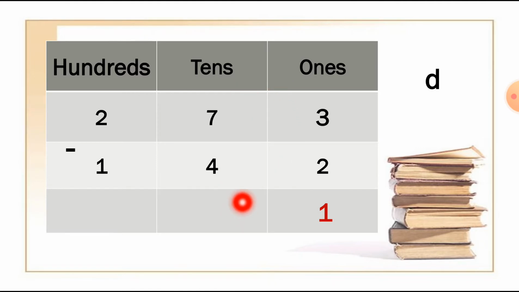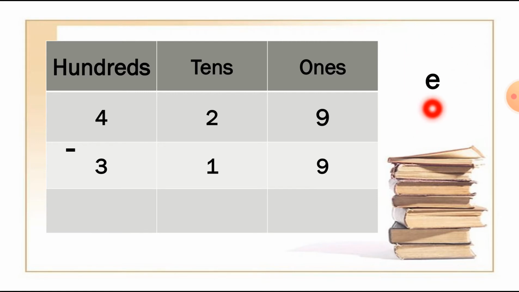Now let's move to the tens column, which has 7 minus 4. So if we cut 4 number from this 7, we get the answer 3 only. Now this tens column is also complete. So we can move to the hundreds column, which has 2 minus 1. So we have to cut 1 number from this 2. So the number 1 comes as an answer. Now the answer is 131 of this sum. And you have to repeat the answer with me, 131. This way we can solve these types of sums.